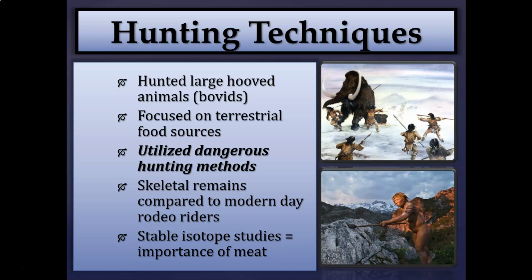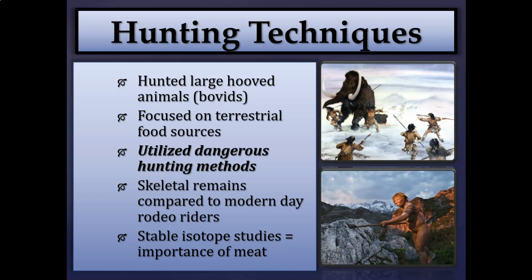So the skeletal remains of Neanderthals have sometimes been compared to modern day rodeo riders. So lots of skeletal fractures. Sometimes it healed, sometimes it didn't. When you're looking at skeletal remains, you can determine whether or not that individual healed from his or her injury or whether they died from that injury. And also stable isotope studies, that's essentially extracting carbon from the bone. They were able to determine that Neanderthals definitely focused pretty heavily on terrestrial protein sources, and the meat in the